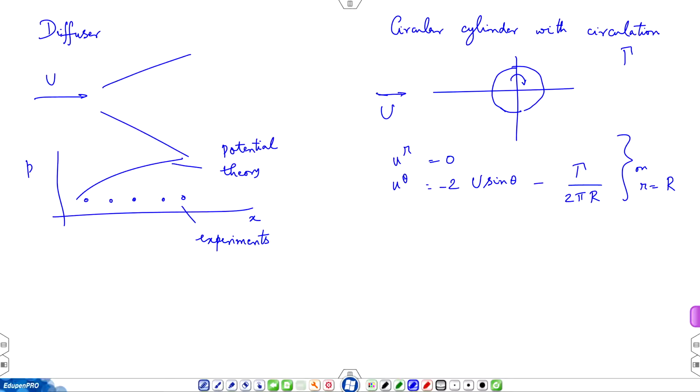So, if you have to plot the flow patterns, one approach is, of course, you can look at the streamlines and plot constant psi values. The other approach is to look for stagnation points. For gamma equal to 0, those are points A and B, and the flow splits equally above and below the cylinder. So, the stagnation points with circulation are